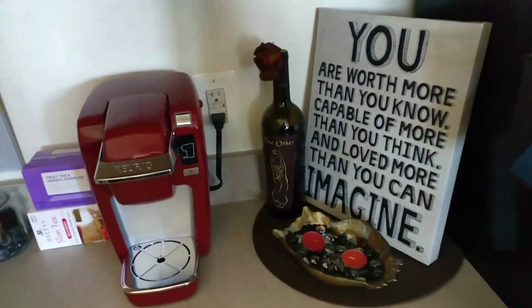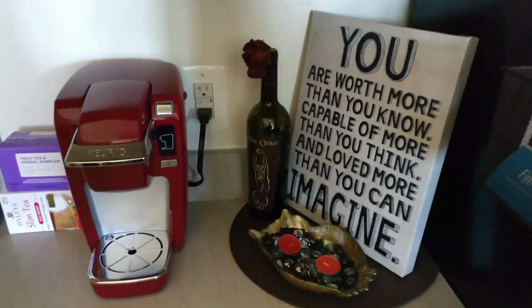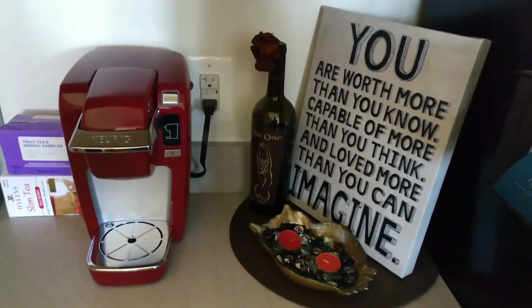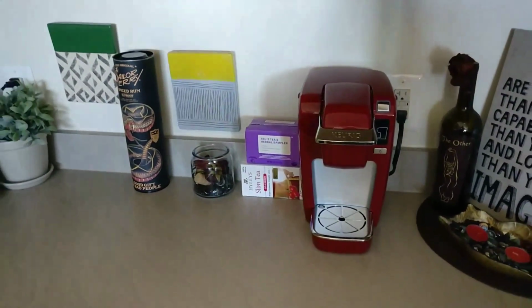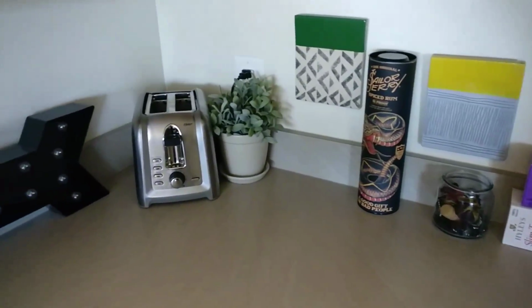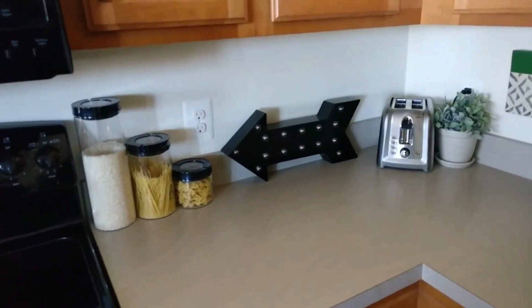And then we have a wine bottle that my friend, or was it a friend? No, it was actually one of my customers gave it to me, and I just stuck a dead rose in it after I drank all the wine. Have a Keurig machine that I don't really use, and just some other kitchen stuff. And the arrow